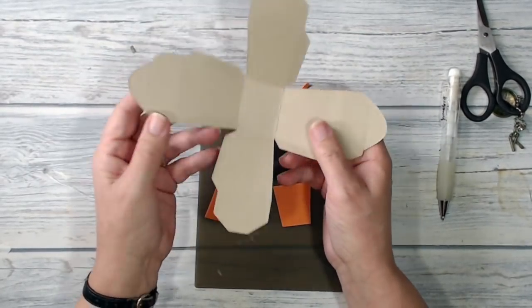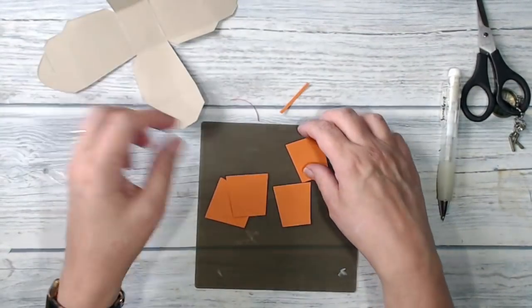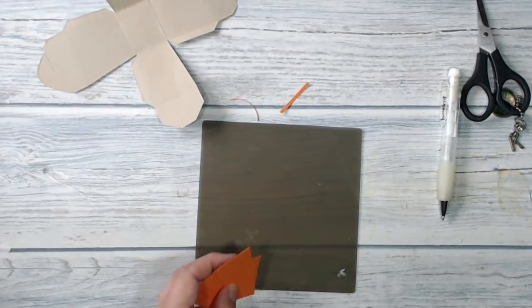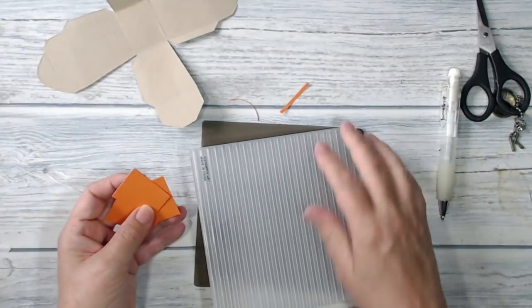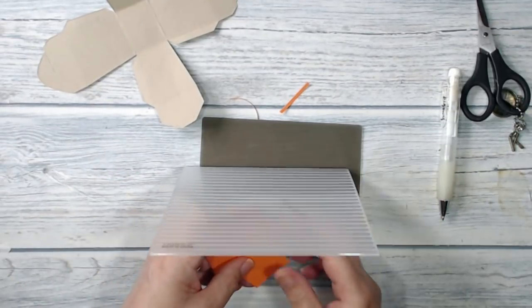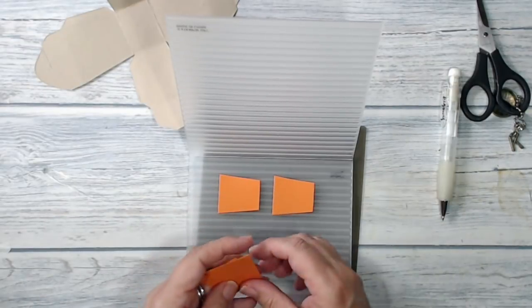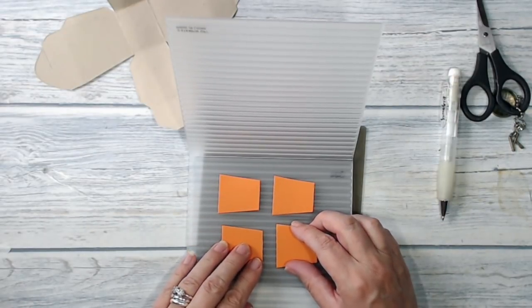And I'm going to set that on one side for the adhesive to set, and then I'm going to go back over to the big shot with these pieces and my corrugated embossing folder. So I'm going to place these into the folder just like that,